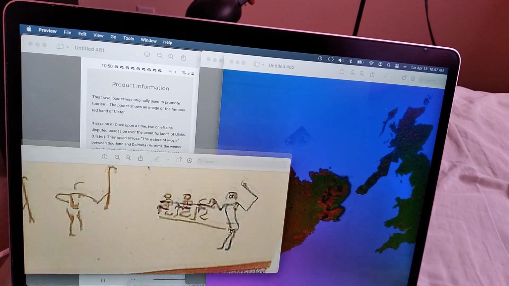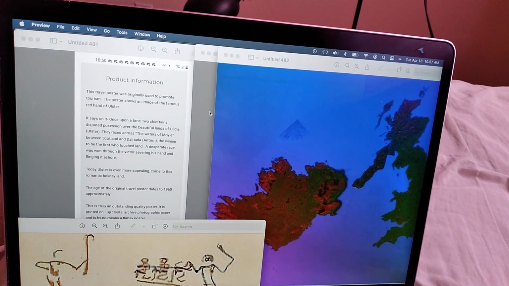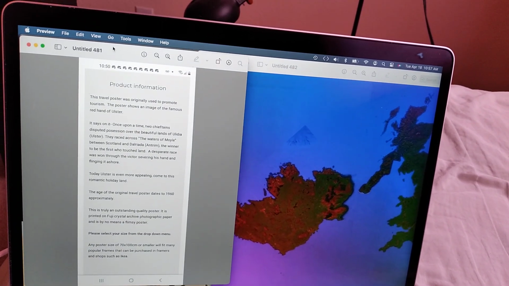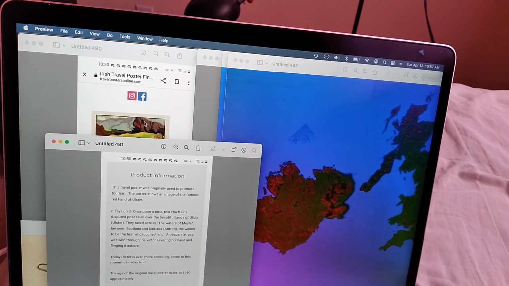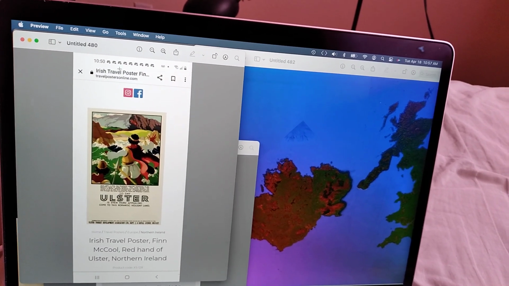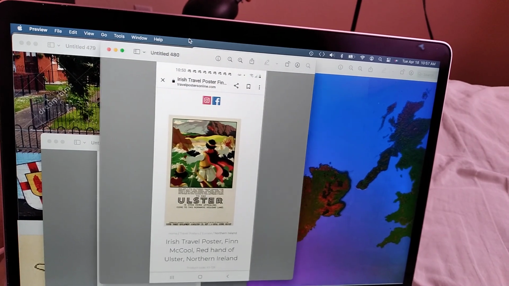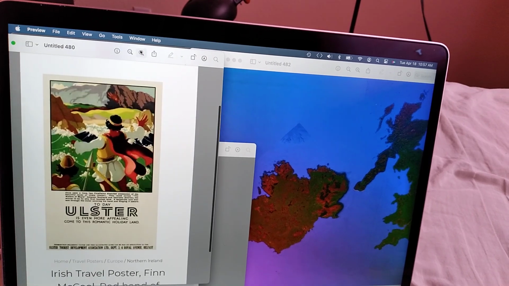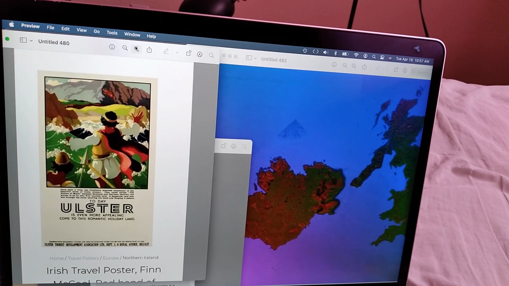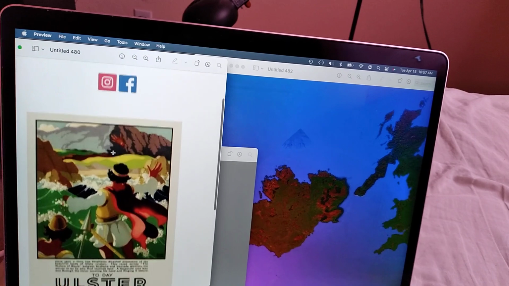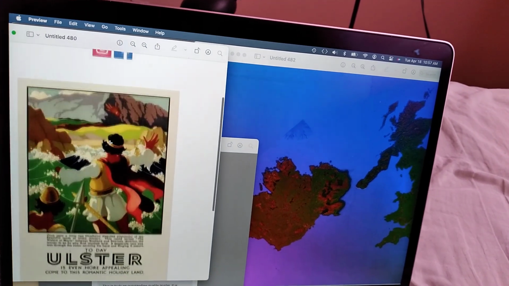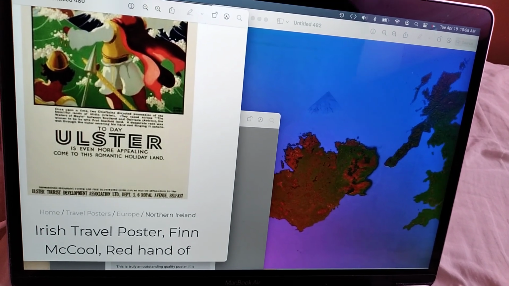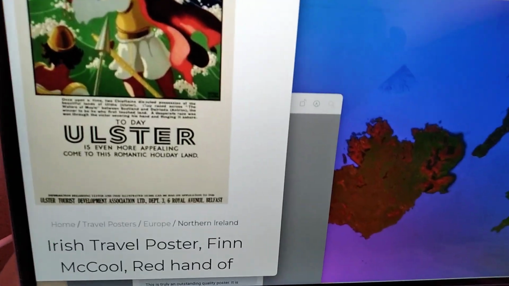And let's see. So this shows the red hand of Ulster. And this is a travel poster from 1960, I believe, inviting people to come to Ulster. So it's hard to read this, but